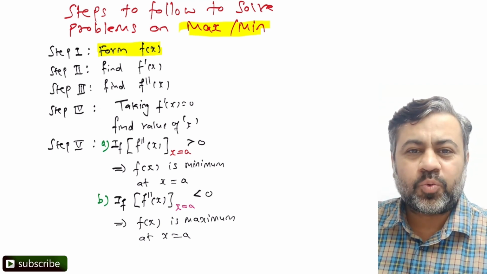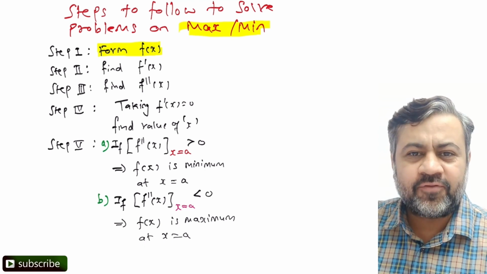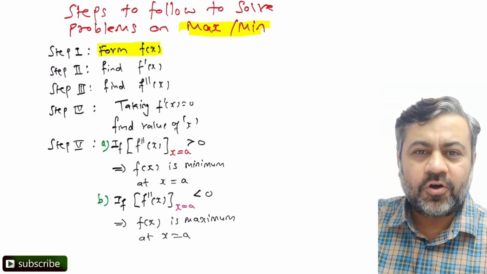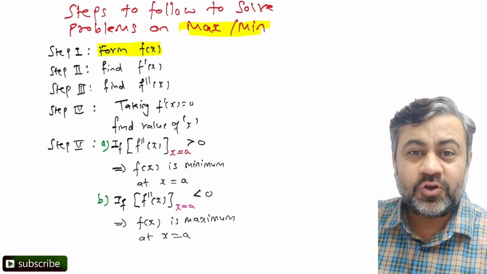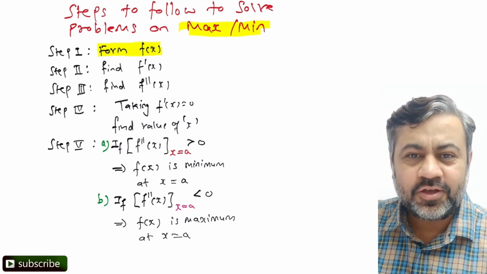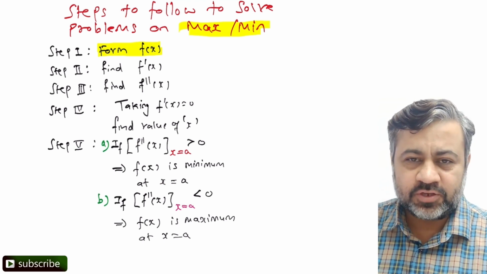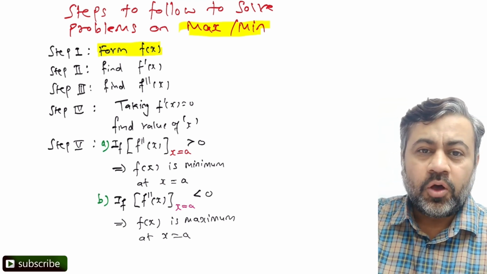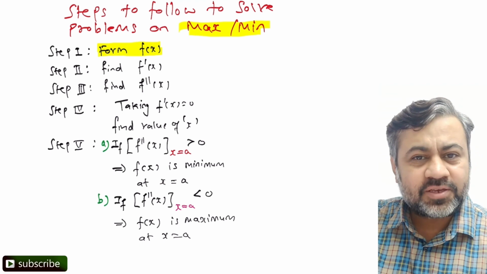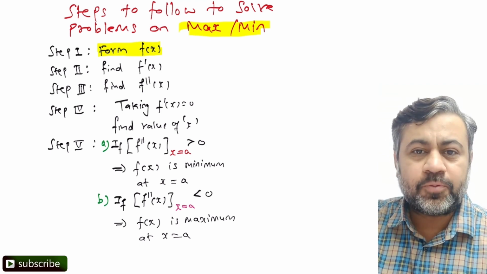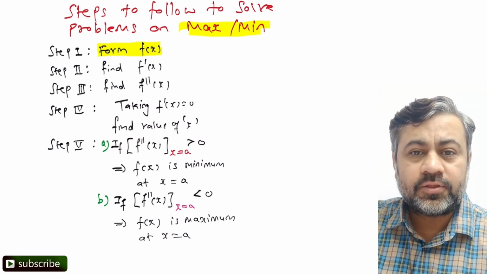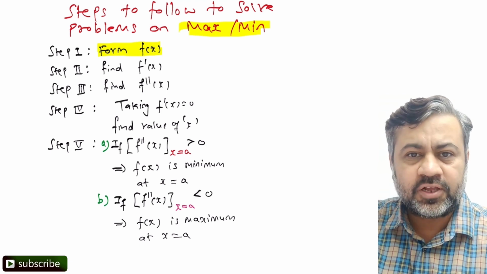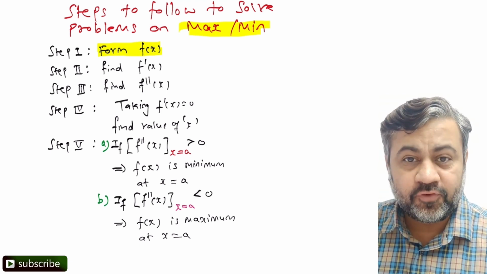There will be a condition in the question where you will be able to turn everything in terms of either length or breadth or height. So you need to identify those two things in the given question: what you need to maximize or minimize, and the condition which will help you to convert all the variables into a single variable. That's the first thing.